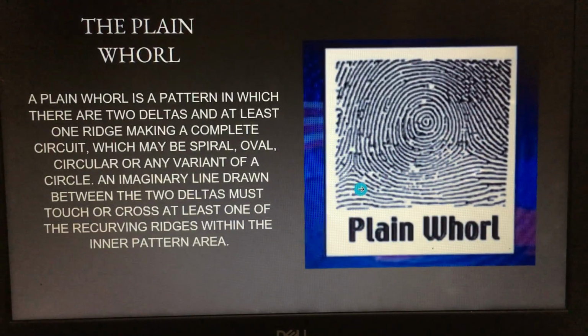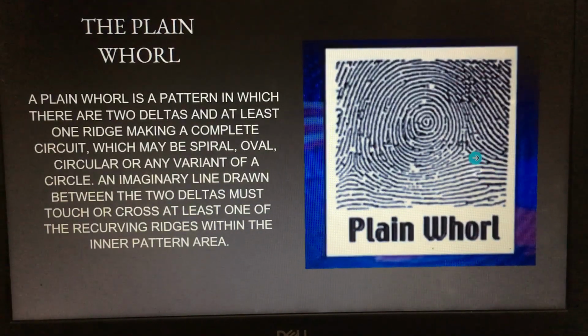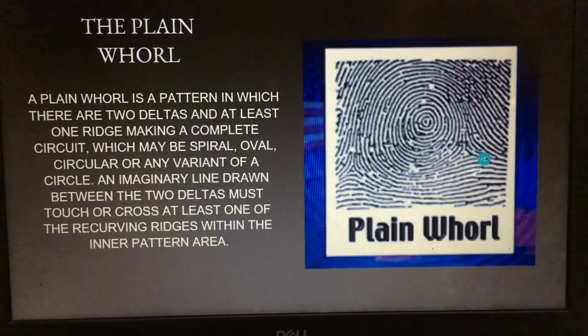facing each other, which is here. So we can see there is a delta here, the pattern area, and the delta on the other side is here. We can also see a delta that faces each other here, this one. So they are facing each other, so as if there is an imaginary line there,